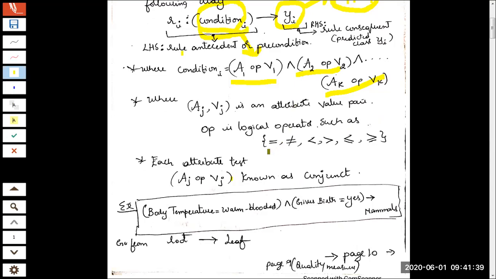One more thing. I had told you about the equals operator. If ID card equal to yes. If uniform equal to yes. Now don't think that OP can only have equal to. Other possibilities are also there. You can use other logical operators also, like you have seen in programming languages. So not equal to, greater than, less than. All these things can be utilized in place of OP while you are constructing a rule for a classifier.